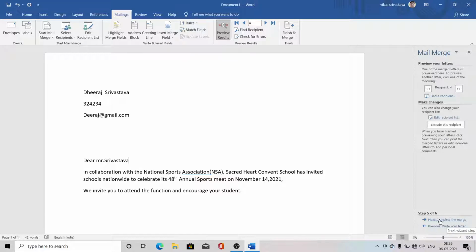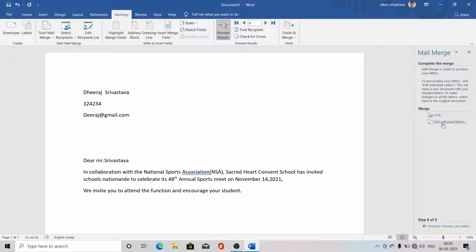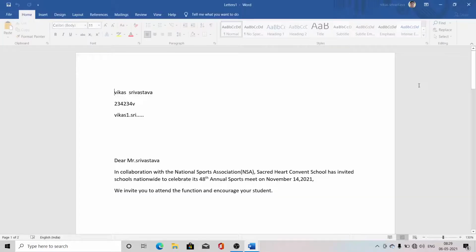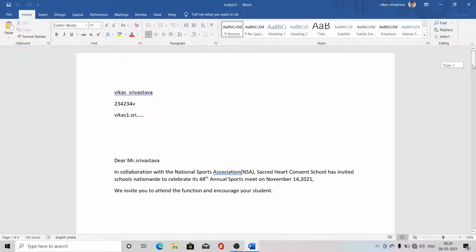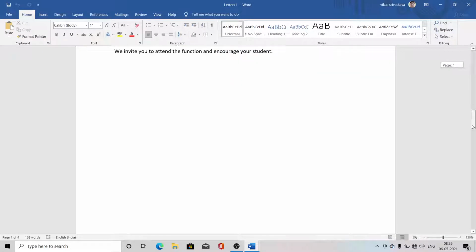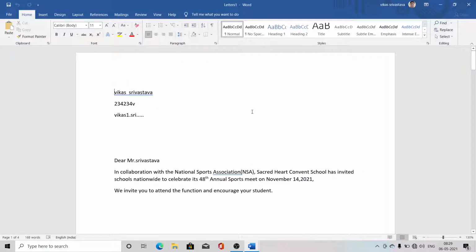As I click on this option, Complete the Merge, where my mouse pointer is showing here, it will show all the pages with the different addresses in your document. Click here, Complete the Merge. Now look here, Edit Individual Letters, click here, All. Now see here, it is showing everyone to whom you want to send the mail, the pages are ready. Now you can do all the work here. Clear? So this is the mail merge that we can do.